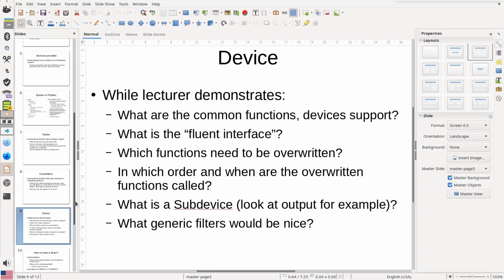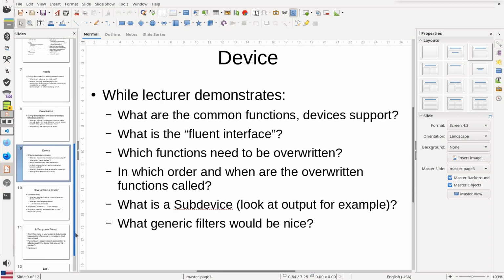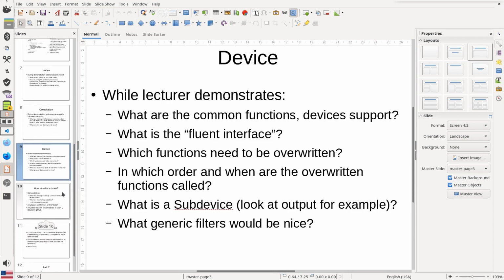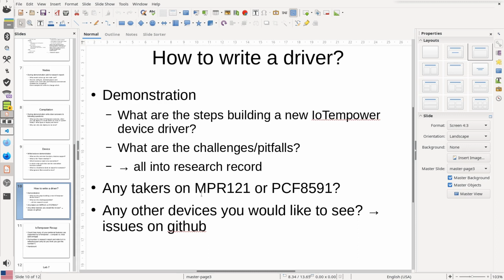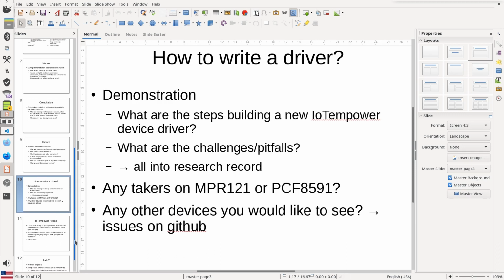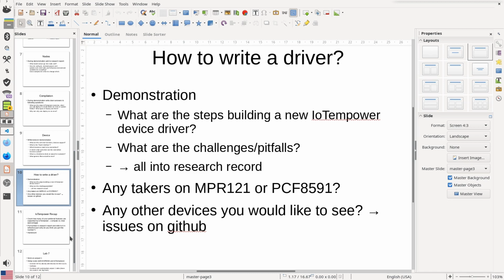Good. Think about what other filters we could use. I guess we don't have enough time to show you the whole driver. I think I will go to the IoTEmpower recap. So we'll do the driver next time. Do you guys want to see so